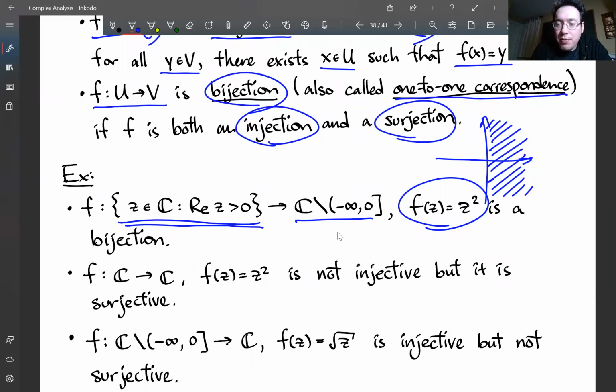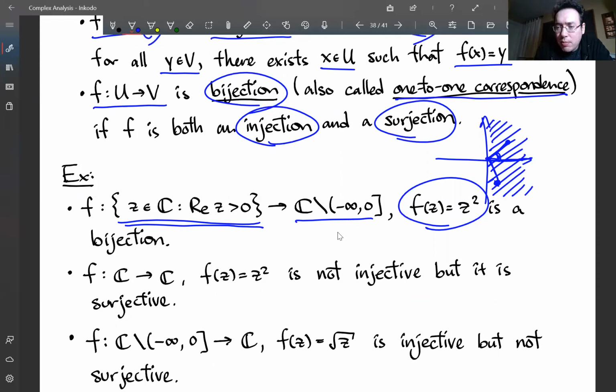And if each of these numbers are squared, remember the square doubles the angle. So the angles you can get on this right half plane is anywhere between negative pi over 2 to positive pi over 2. If you double that when you square,